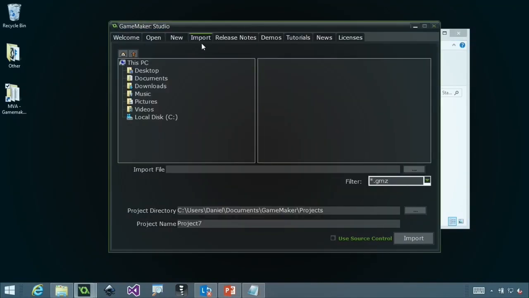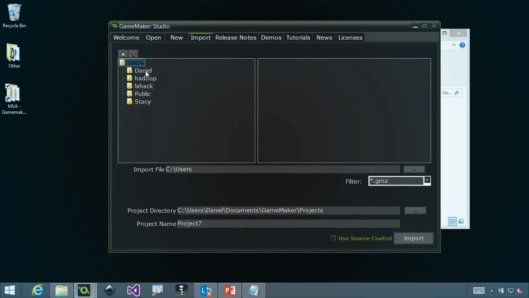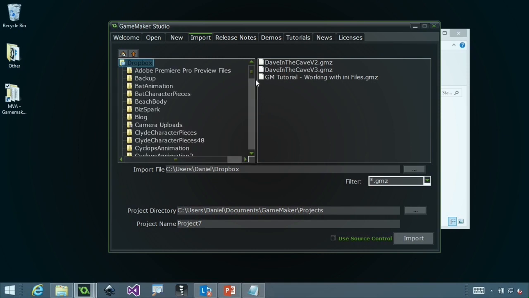So to open that up, you actually have to go to import. And so if I do import, and then navigate to C, Users, Daniel, Dropbox. And actually, there's some right here, so we'll just leave these here instead of diving deeper. You can see I have an old version of Dave in the Cave. One of the important things I want to point out is this has a GMZ extension, but if we go over here,